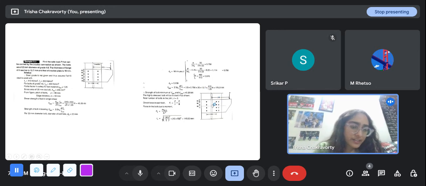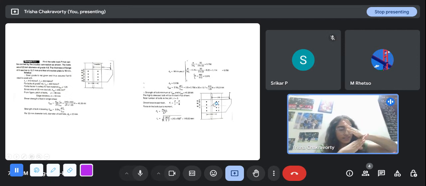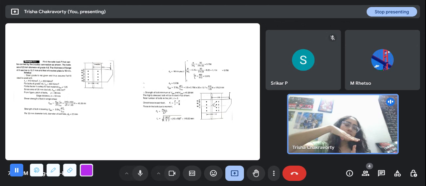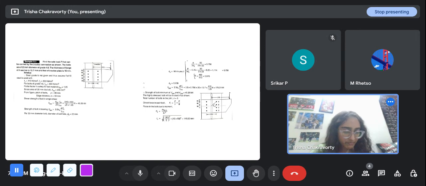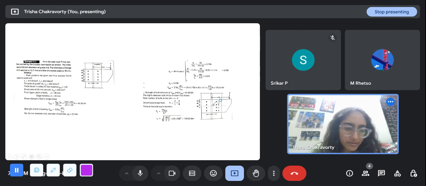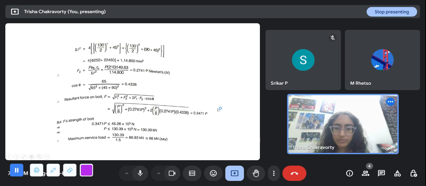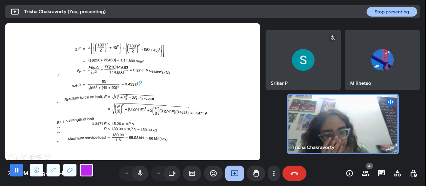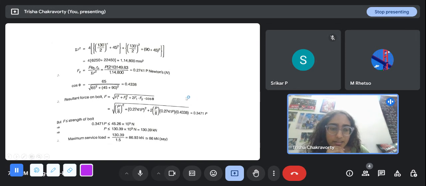We have learned in geometry that the angle between the horizontal line and this perpendicular one is also theta. If there are two lines like these, and then two lines that are perpendicular to them, then the angle between them will be the same, obviously. So this is also theta, and theta is tan inverse of (45 plus 90 by 130 by 2). So you can find out the cos theta from geometry, and the resultant force is this